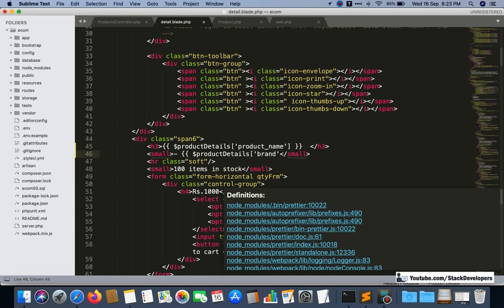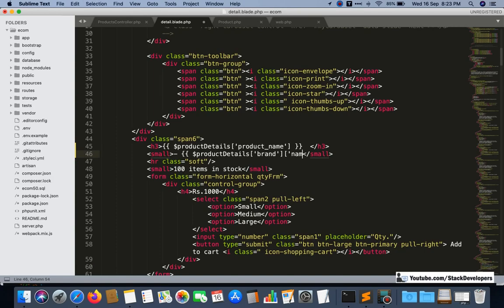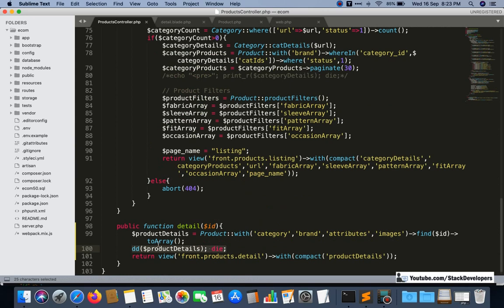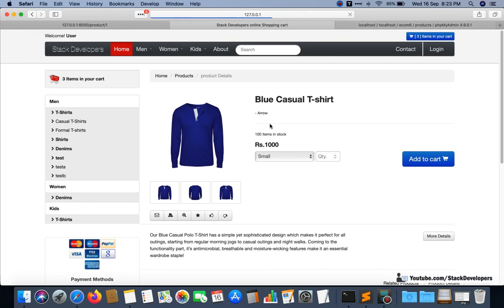Brand name is inside the brand array, and we can check it out. Brand, after that name. Now we can check whether it is displaying or not, and for that I need to comment this one once again. Now we can check once again here. See, brand name is now coming, arrow.